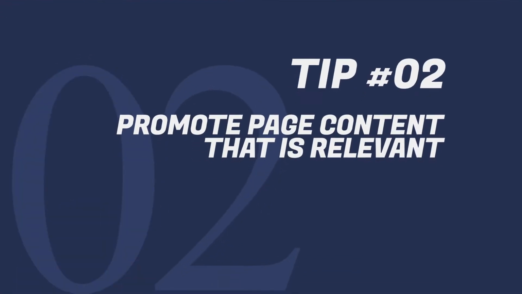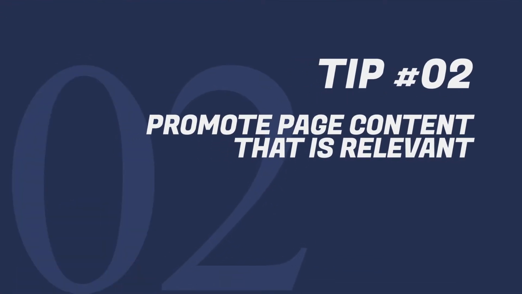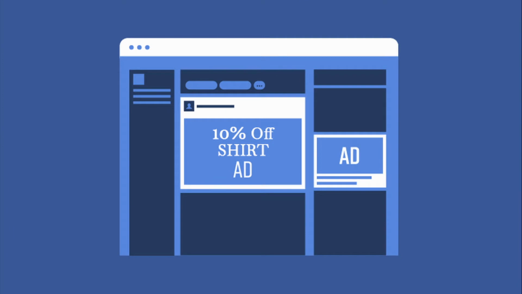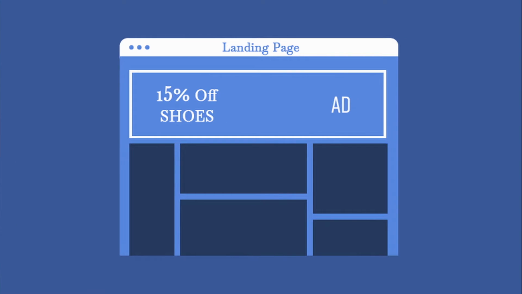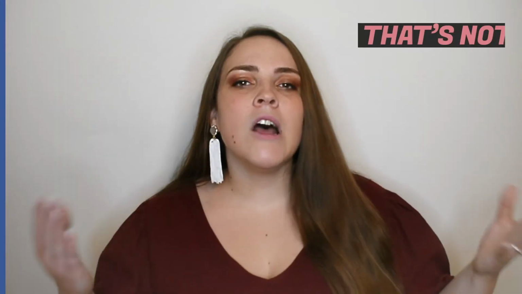Now, number 2. Number 2 is to promote page content that is relevant, okay? So what do I mean by that? Well, if somebody is coming to that page from, say, a Facebook ad, and that Facebook ad talks about how they're gonna get 10% off on a shirt, right? And then they go to your landing page and it talks about how great your shoes are, that's not relevant